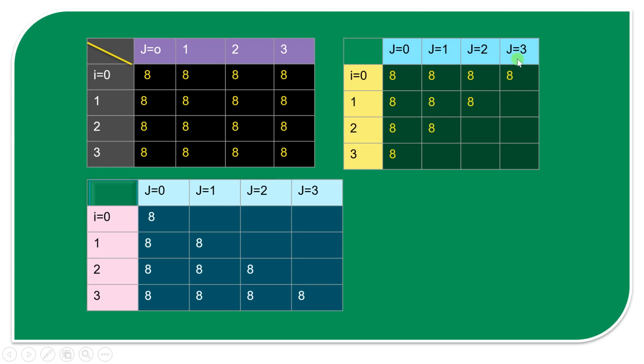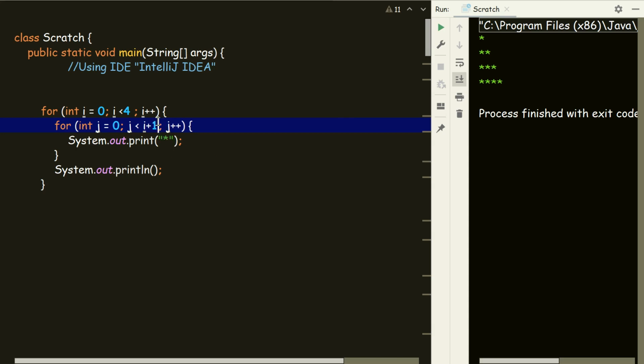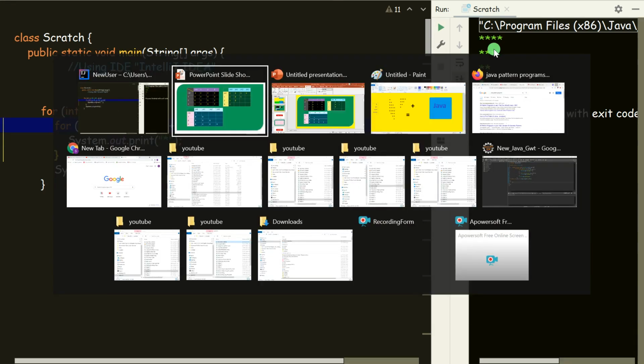The maximum is 4, the length is 4, so 4 minus 2, as you can see as we are increasing I. 4 minus 0, that is I is 0; 4 minus 1, that is 3, so we got 3 columns. That's the maximum. Did you get that? So let's print this out and see how it works. The jth column limit is 4 minus I. Okay, it was giving the output like that. See, we got the output.